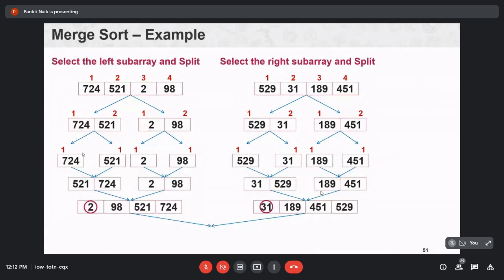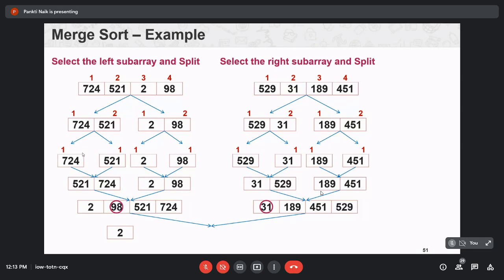For that, first check the first element of your left sub array with the first element of your right sub array. Now, first write down the smallest element between these two. Then compare the second element of your left sub array with the first element of your right sub array.